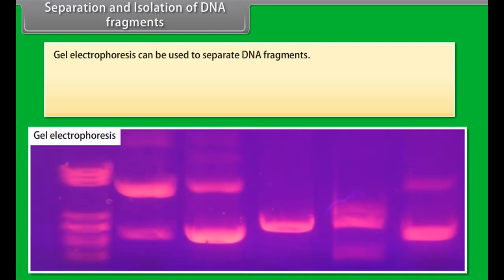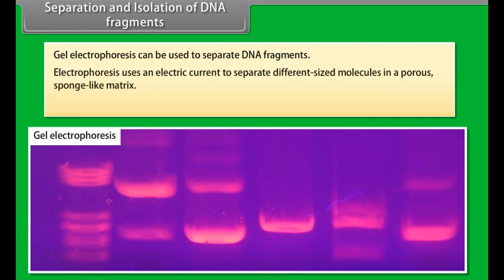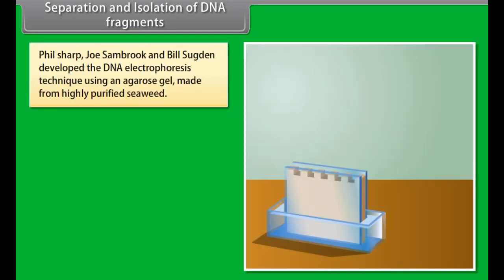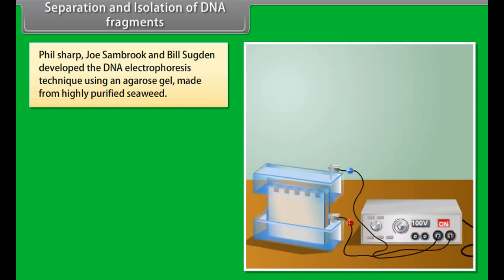Gel electrophoresis can be used to separate DNA fragments. Electrophoresis uses an electric current to separate different-sized molecules in a porous, sponge-like matrix. Smaller molecules move more easily through the gel pores than larger molecules. Phil Sharp, Joe Sambrook, and Bill Sargent developed the DNA electrophoresis technique using an agarose gel made from highly purified